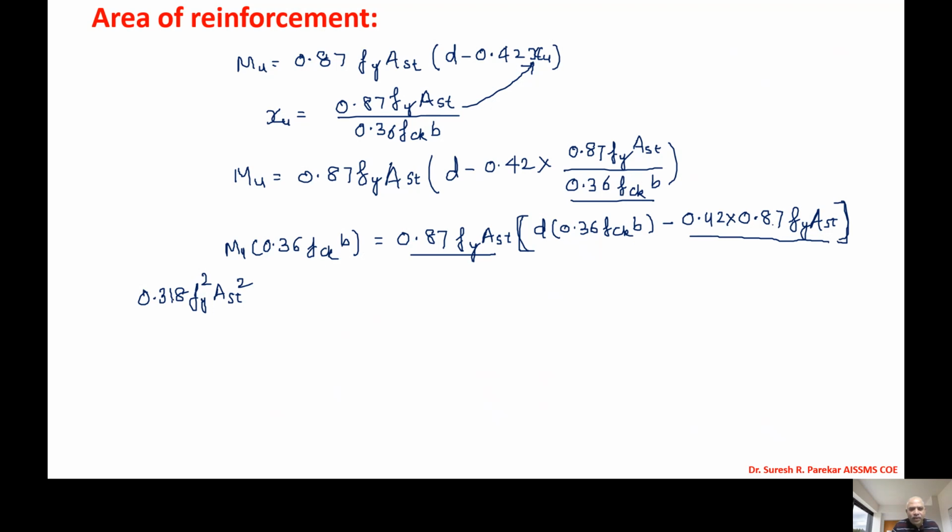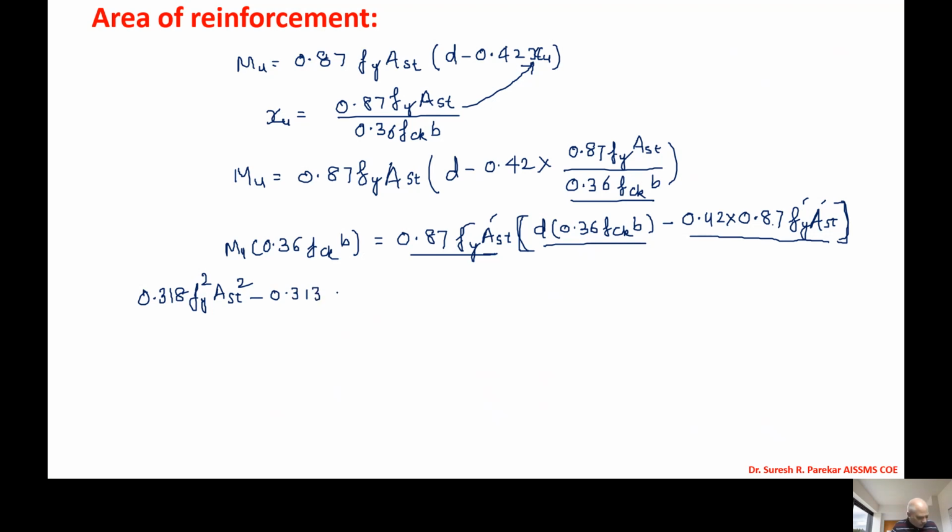It comes as 0.318. Then we have fy and fy square, and Ast into Ast, so we have Ast square. So this comes on the left side and becomes plus. Then we have the second term. This is 0.87 fy Ast into this part, so comes on left becomes minus, and that will be